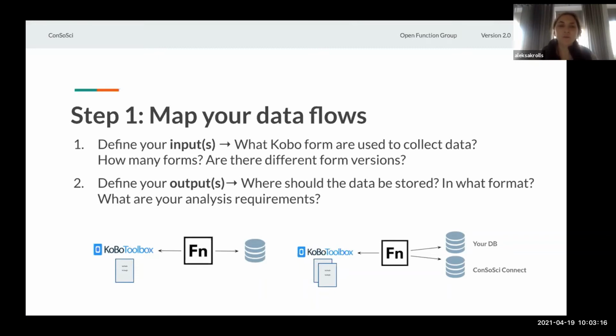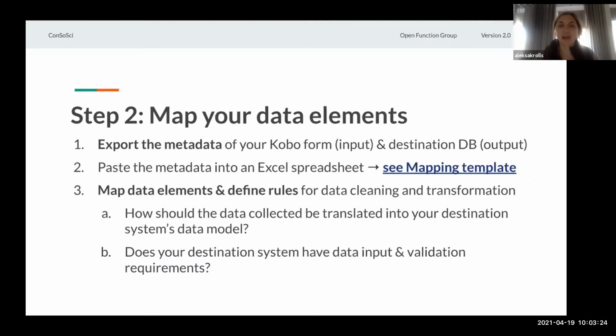All right. Well, once we have these inputs and these outputs defined, next steps are actually getting into the field level. So like actually mapping individual data elements. So now that I've picked my form, let me review the form, let me review the questions I'm asking, and figure out how to fit it into this database. And so